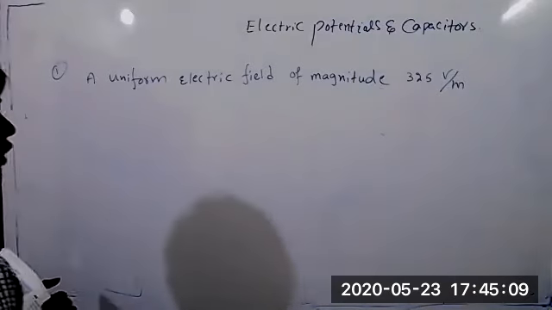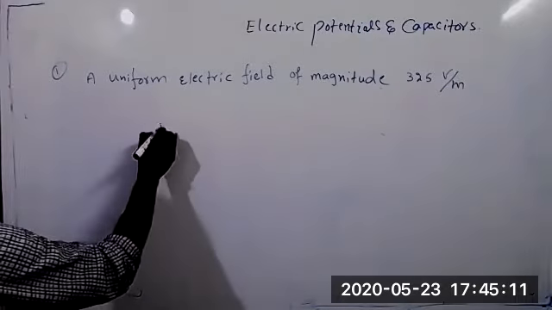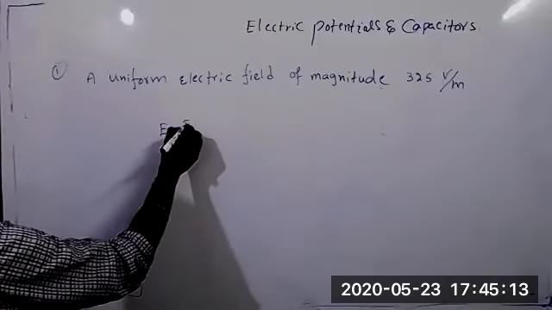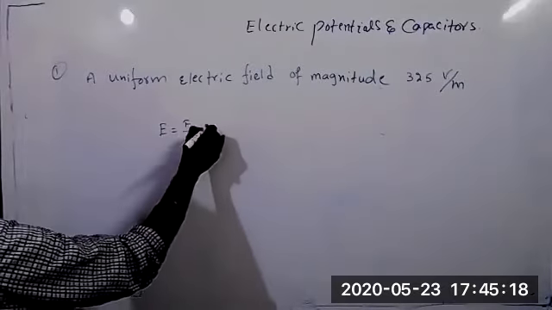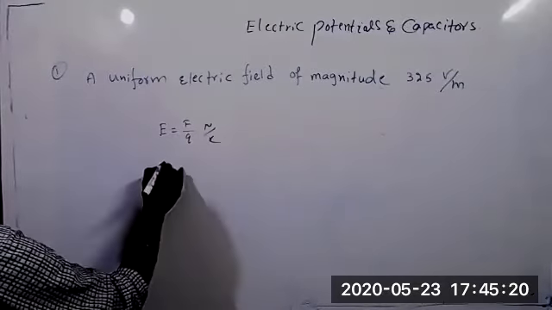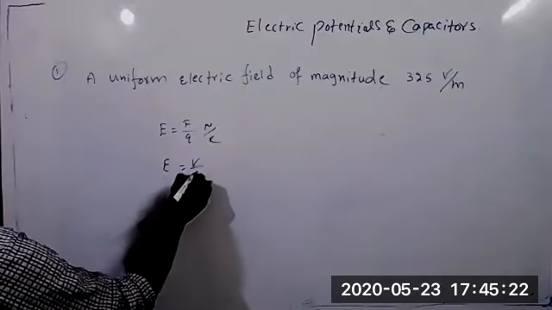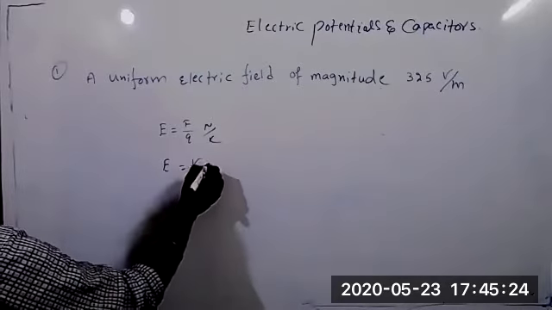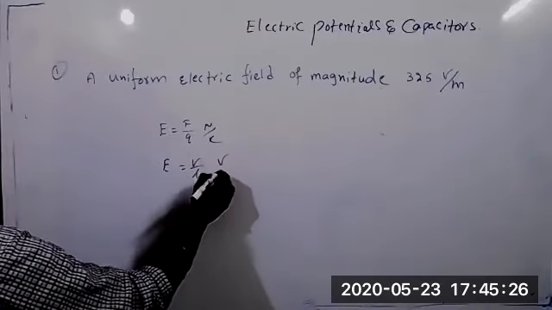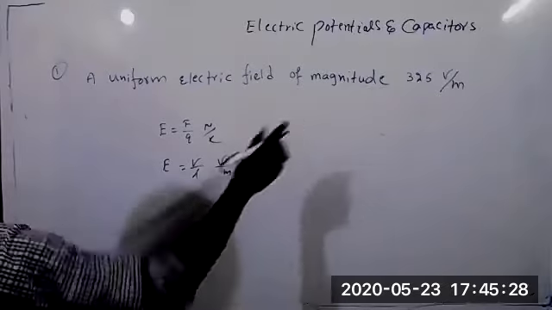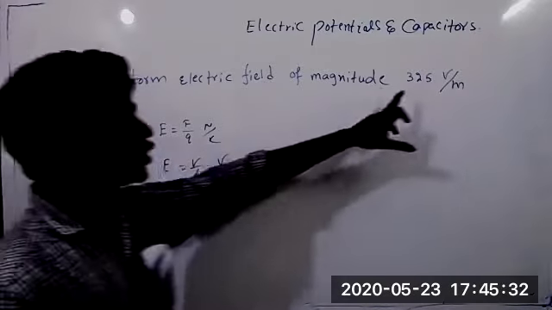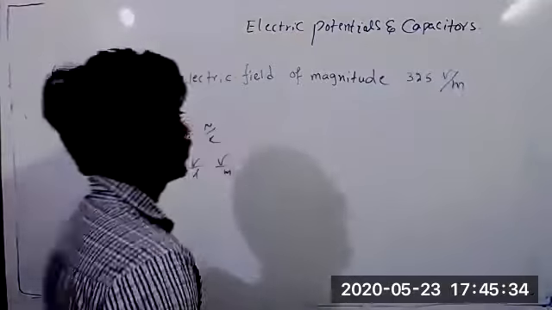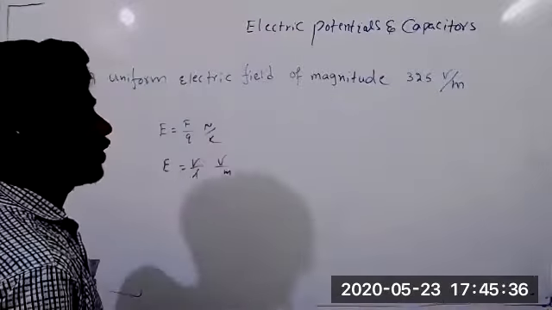Electric field is Newton per coulomb or volt per meter. Both are possible. Why? Because electric field formula is actually force by charge, force by charge means Newton per coulomb. One more formula also is there, E is equal to V by L. V means potential. Potential is volt and length is meter. So both are the units for electric field. When they have given something like this, we should understand they have given electric field. You don't need to read this total line even.